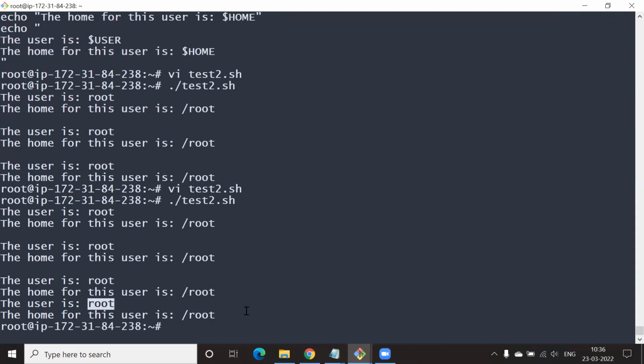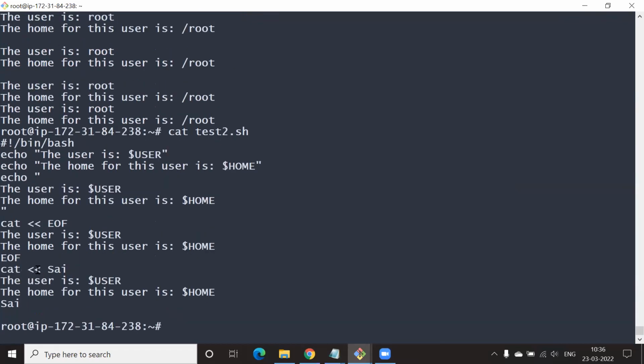And cat the file, please. So what does that mean? What does EOF mean? It is the starting and ending of the text in here.